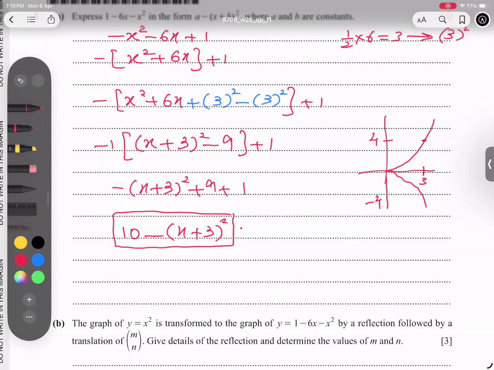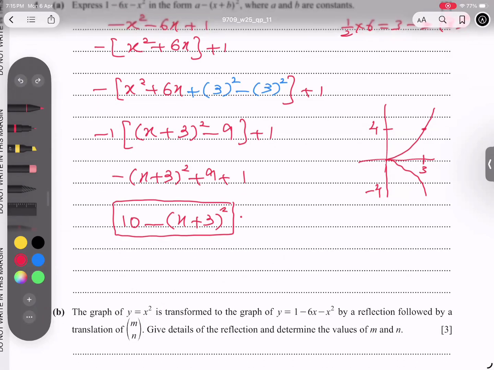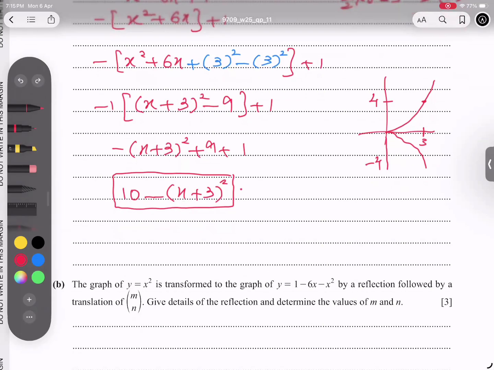It means basically you are multiplying the whole equation with a negative sign. First we had positive x squared, but now you can see on top this is a negative x squared. So when you find x squared positive and here negative, we can call that a reflection